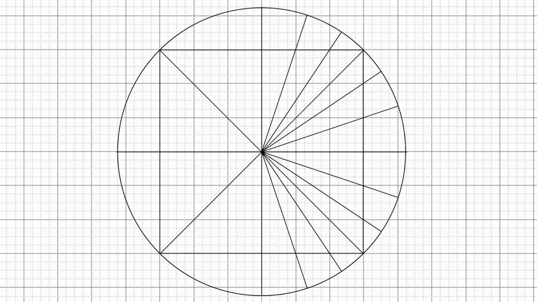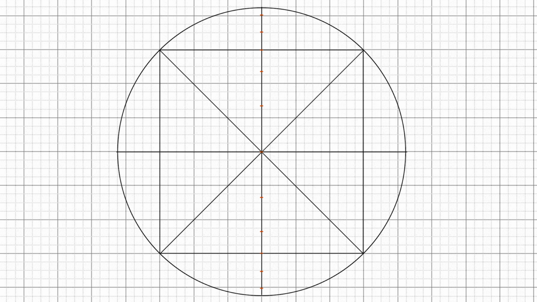Now that you have something like this, you want to take some horizontal lines from where each of these meet the circle back to that vertical midline, marking some new points of division. Once you have this vertical line divided, you can hide these lines we had drawn previously, and we want to transfer these same divisions to that horizontal midline. This is a case of simply rotating them round 90 degrees like so,